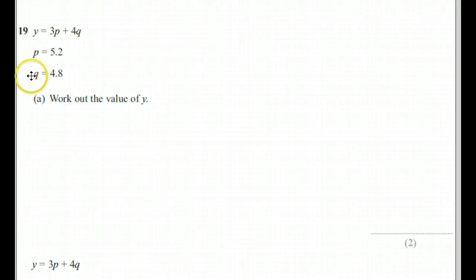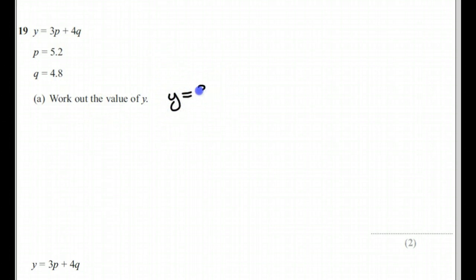Hi there, this is question 19 from the foundation paper in Methods, and that's June 2012. So we're looking at a question which is a substitution into a formula. It's asking us to work out y,